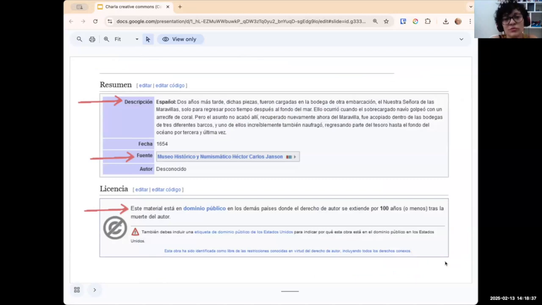go to the museum, they can call or write the museum, well, they can read the description, and very important, there is the license that says that it's in public domain, so you can use it for whatever you want. So just to finish, in the next slide,